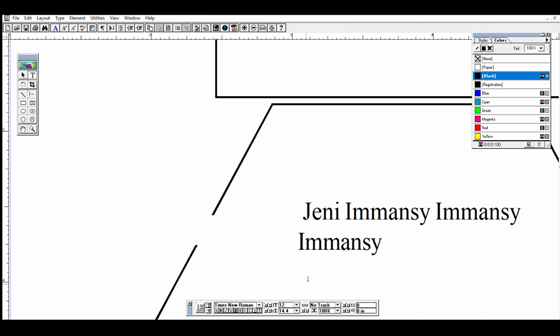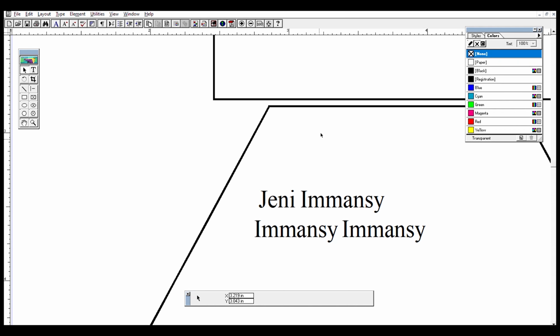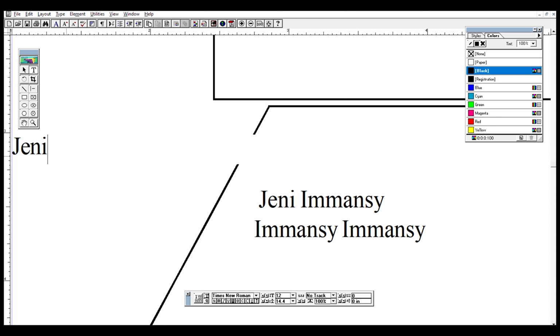Next, we are going to see about the text block. Here we are going to type a text. Using this text tool, you can click somewhere and type. Next we are going to see how we can move this. We get an I-beam cursor here, and wherever you keep it, you can just type, right?